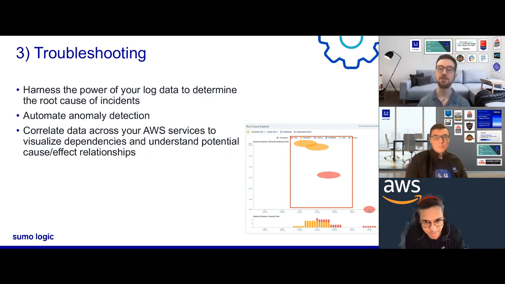Great. So let's dive into the next step of the workflow, troubleshooting. Like I mentioned, Sumo Logic has approached this very much from harnessing the power of your log data. We showed that diagram before of the iceberg, with the logs being that big chunk deep in the water for trying to figure out the why and how of what transpired. And that's a bit of how we've approached building out our product. I would say complementing that,